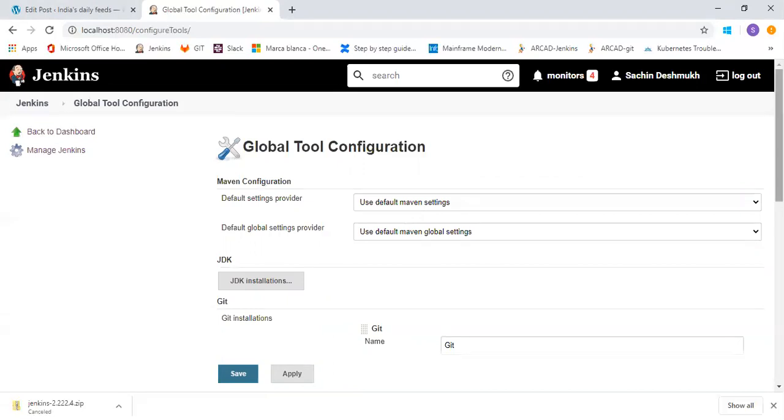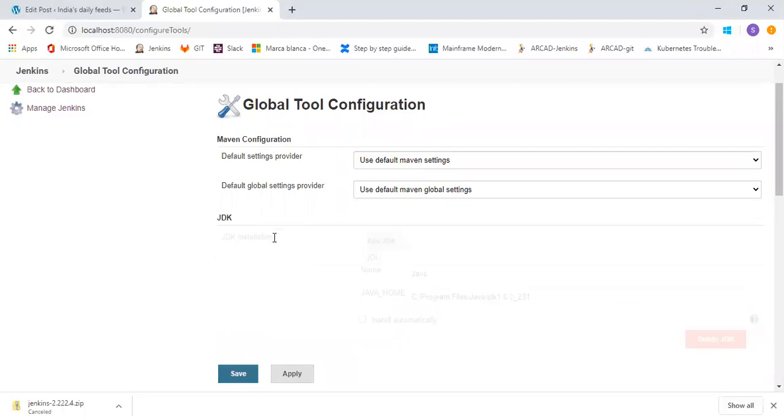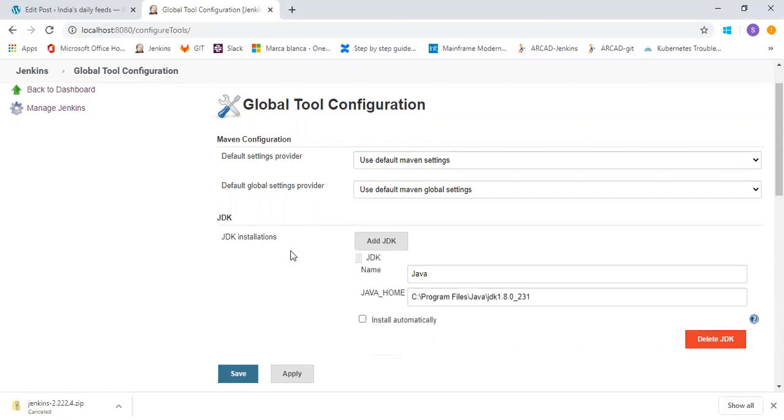To configure those tools, you have to go to Global Tool Configuration. Here you can see JDK. Once you click on JDK installation, you can add your JDK path over here. Okay, if you don't have any Java installed in your system, then you can click on Install automatically.